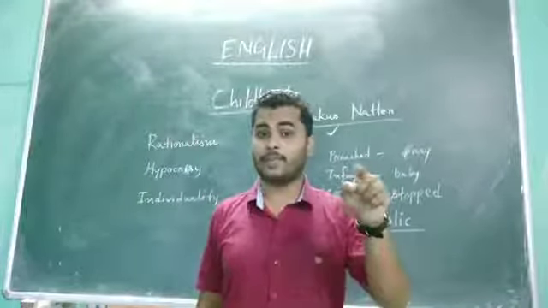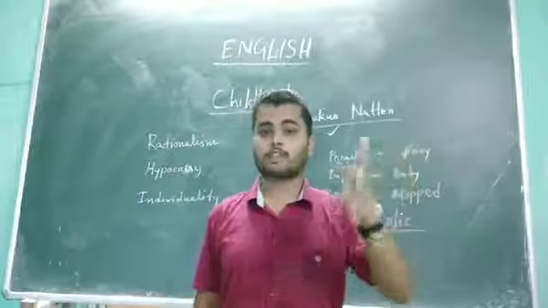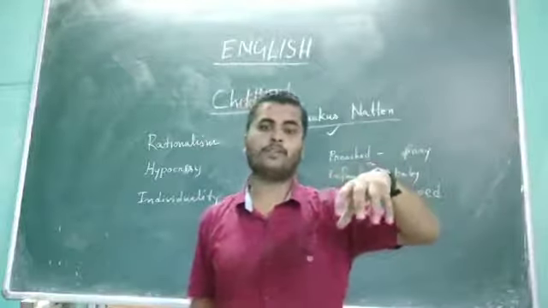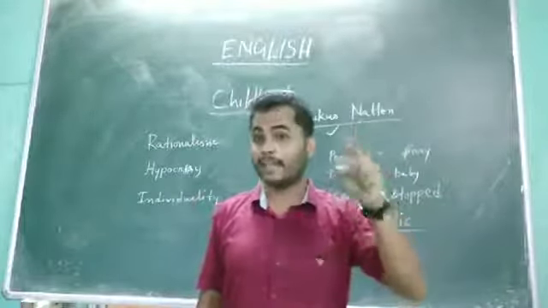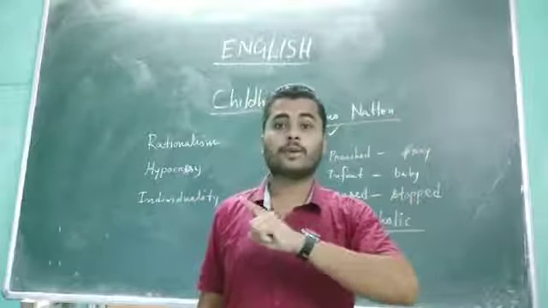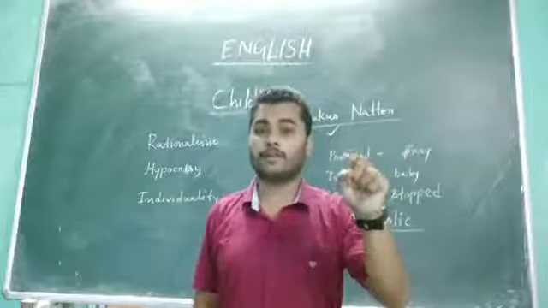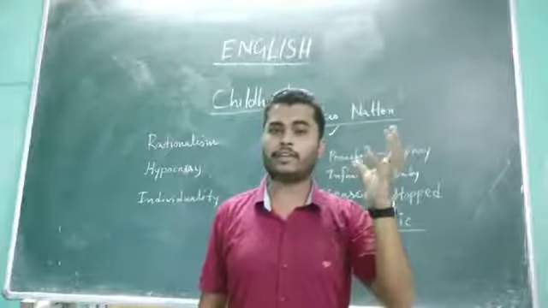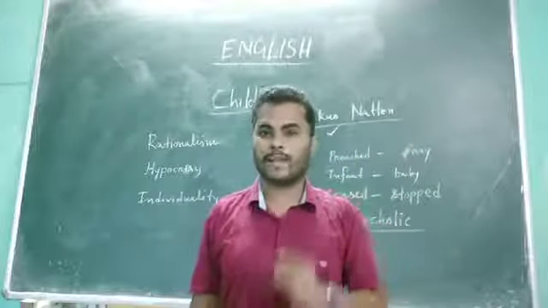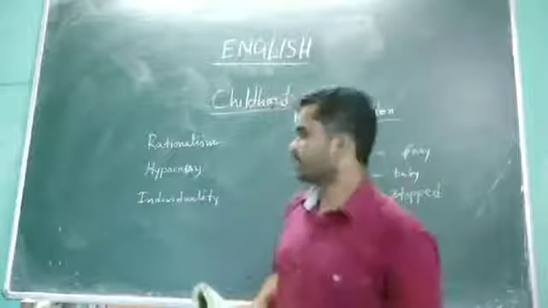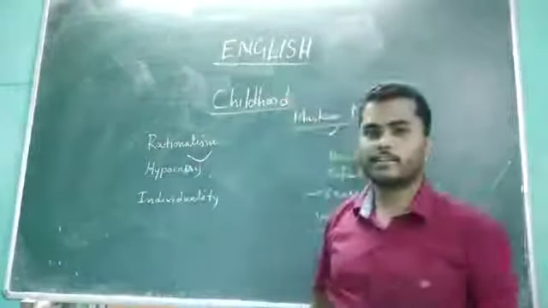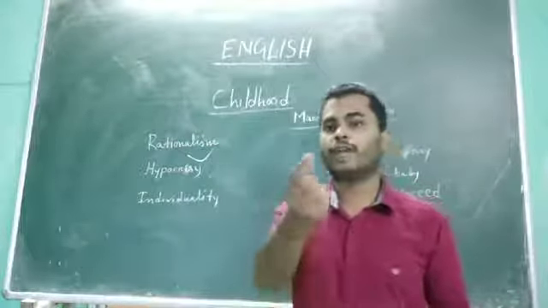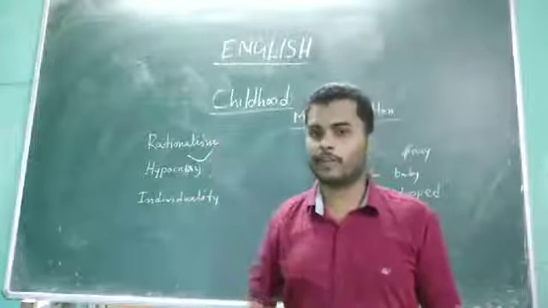Was it the time I ceased to be 11? Was it the exact time that I stopped to be 11? I entered to the age of 12. Maybe at that particular time I have lost my childhood. Or maybe at that time when I realized that hell and heaven are some imaginary places, these are not found in the map of geography. The day on which I have got this idea in my mind, maybe on that particular day I have lost my childhood. That means the poet has developed some rational thinkings in his mind. This is called rationalism. That means beliefs and thinkings based on reality, not on imaginary.